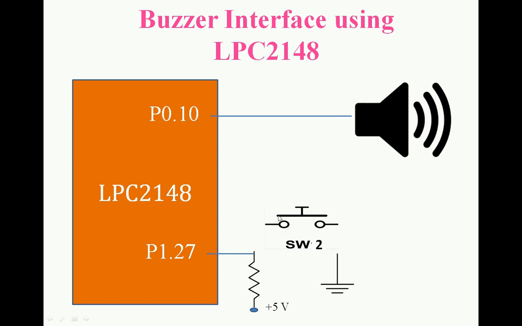And also switch 1 and switch 2 are there. The switch 2 is connected to the port 1 27th pin, right? So these connections are predefined. So to switch on this buzzer, we have to produce high to the port 0 10th pin. When switching off, you have to provide port 0 10th pin as low, right? So we have to produce high here whenever the switch is pressed. When the switch is released, we have to produce low here, right?